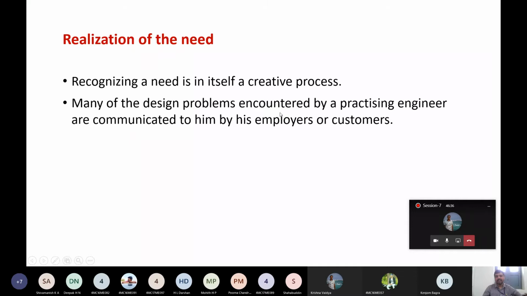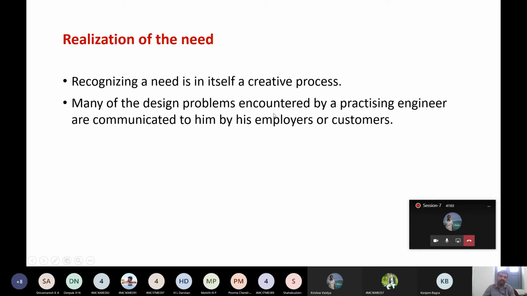Okay, after your graduation, if you become an engineer and you are working under someone else, you need not worry too much about new products and innovation. They will give you all required details, they will assign you work. Most of the time your design work will be repetitive, you are going to do the same work for a number of years. After a few years you may get bored.